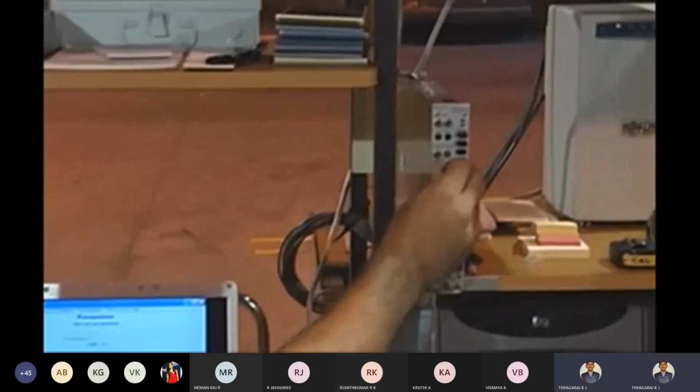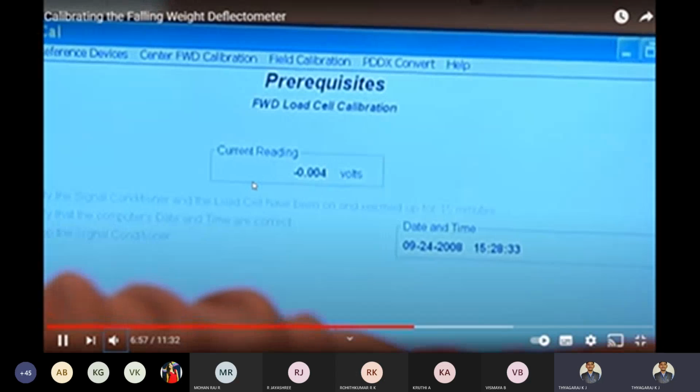Before load cell calibration, the center operator adjusts the settings on the front of the signal conditioner. The load cell is